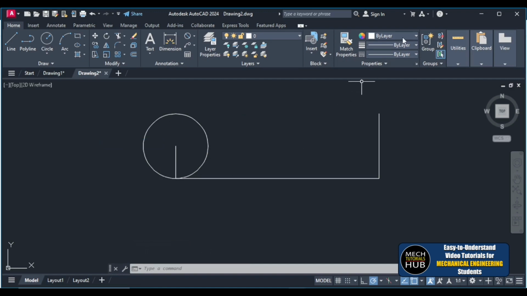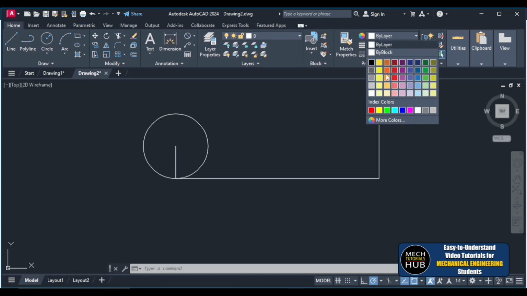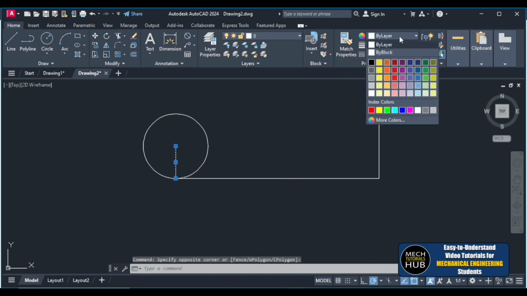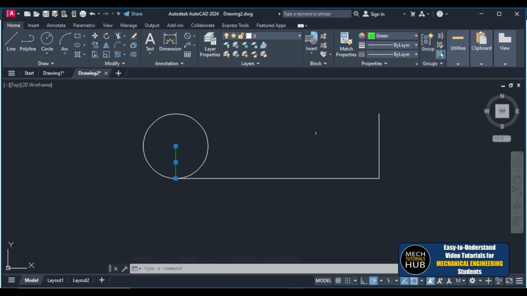Let me change the color. These are all the flexibilities we have if you use the tool. Let me select the line and change the color of the line to green. I'm changing it to green because I want to divide the complete circle into 8 parts. For that, I'll select this line, then I'll say